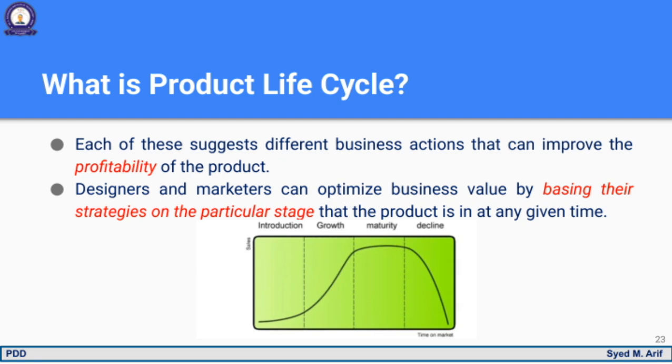Well, it's a concept that describes the various stages a product goes through from its introduction to the market all the way to its decline and eventual retirement. Understanding this cycle is crucial because it helps us decide the right actions at the right time to maximize value. By focusing on the product stage, we can optimize our strategies, whether it's improving features during the growth phase or managing costs during decline. This approach ensures we're not just applying a one-size-fits-all strategy, but are instead making informed decisions